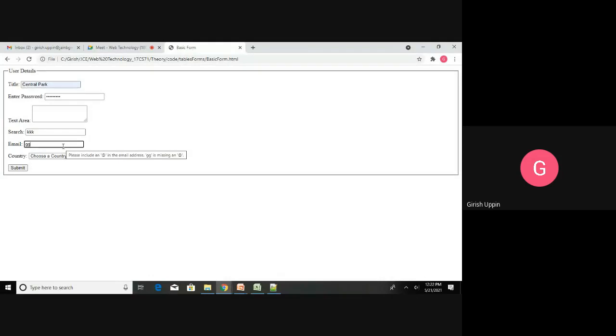You can see it is showing as a tooltip. Let us say I use @ and again I submit. Again it says it is incomplete. So email would be in the style certain name @ domain. That is what it is looking for, and automatically it does that kind of validation. We need not include anything. Now it won't give any error.